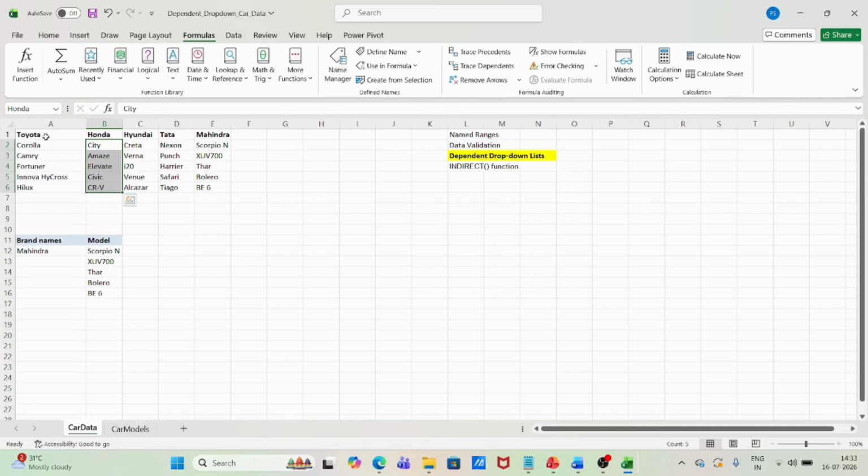So for Toyota, these are the 5 models. For Honda, these are the 5 models, and similarly for Hyundai, Tata and Mahindra. Now suppose we want to create a drop-down, where the first column represents the name of the brands and the second column represents the name of the model. Depending on the selection in the first column, only the models pertaining to this brand should